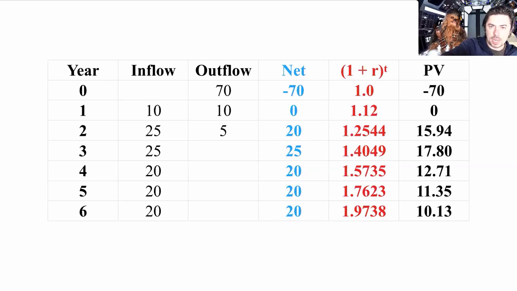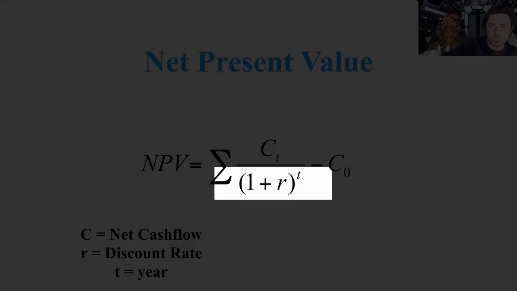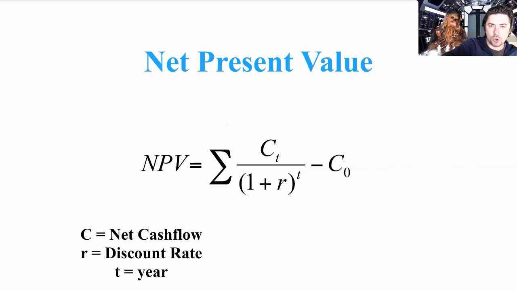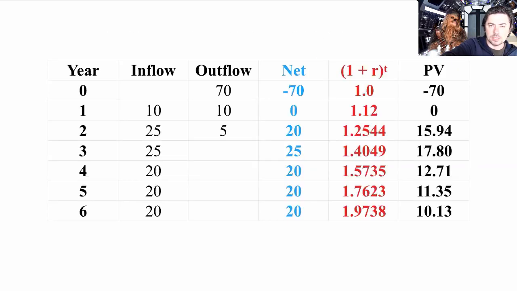Again, I'm just going to jump back to show you where that is. If you see there, (1 + r)^t, so I'm breaking the formula down. I have your net cash flow, which I just calculated. The (1 + r)^t is my next calculation. And we are told that the value of r, or the discount rate, is 12%. We're going to take it that year 0 is always going to be 1.0. If you put 12% or 0.12 in for r in that heading there, 1 + r, which is 1.12